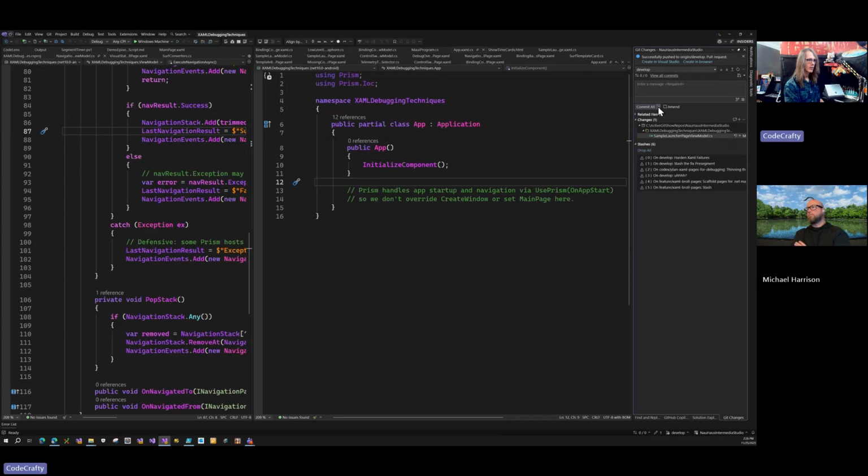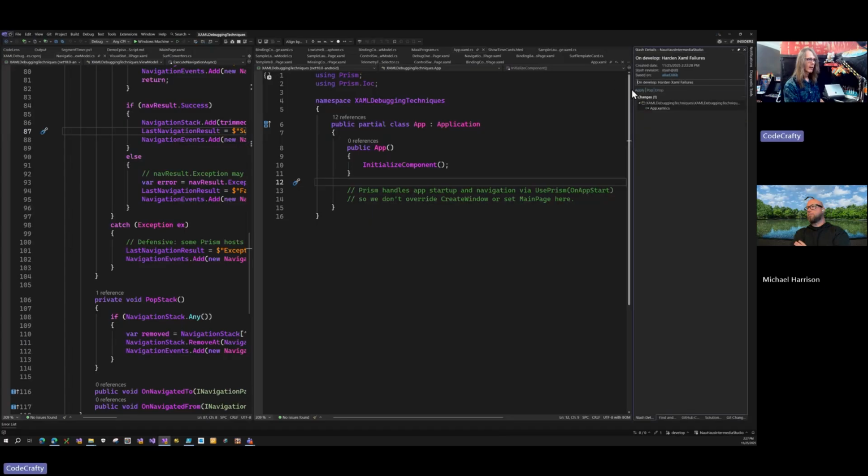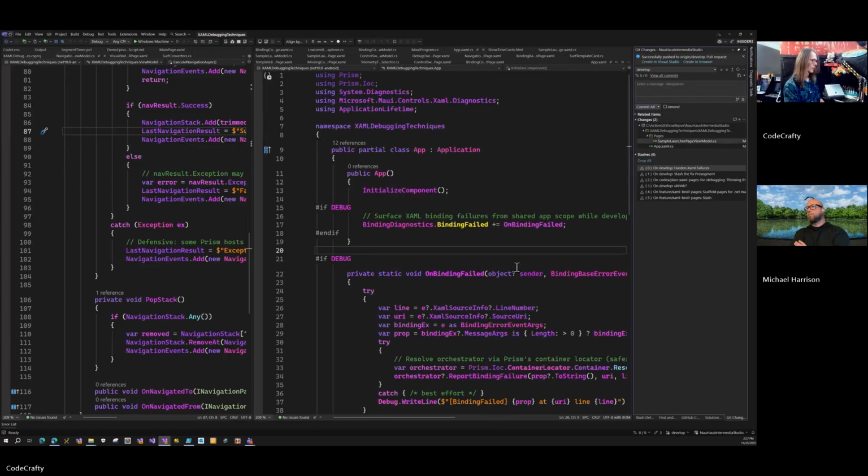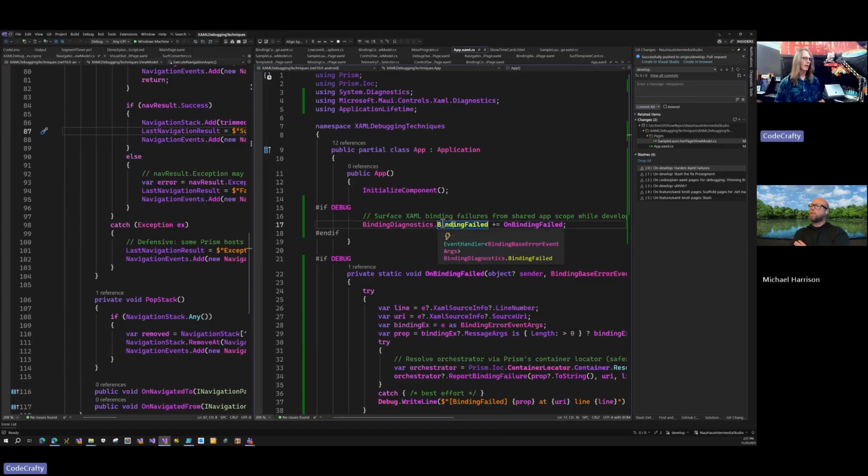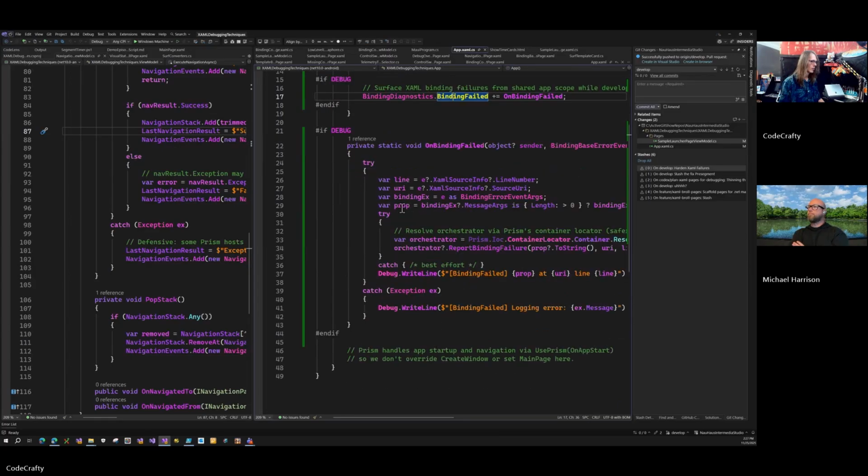Oop, that's not it. This one, there it is. Apply that. Okay. Essentially what we've done is we've hooked up this XAML binding failed event, and in that event, we just